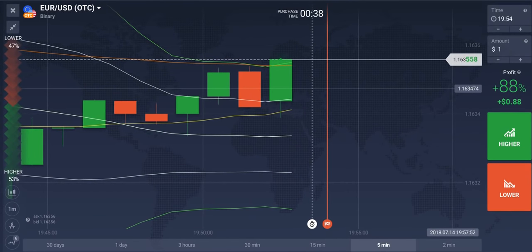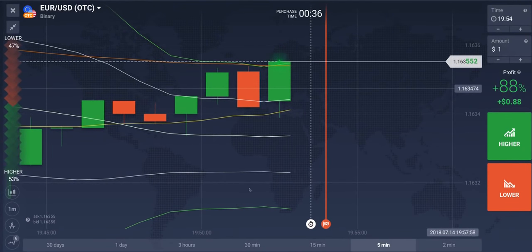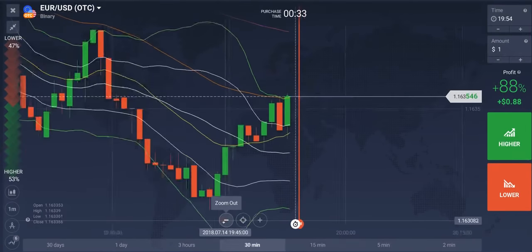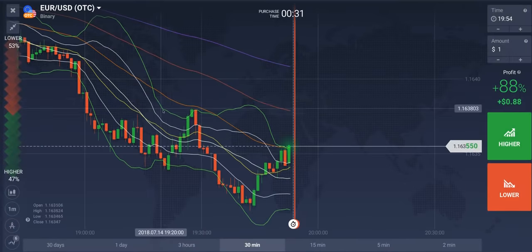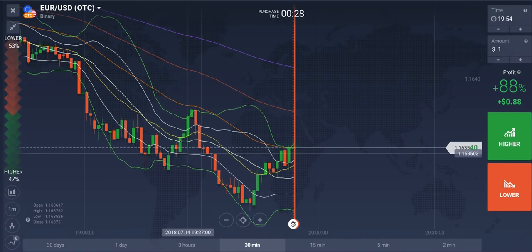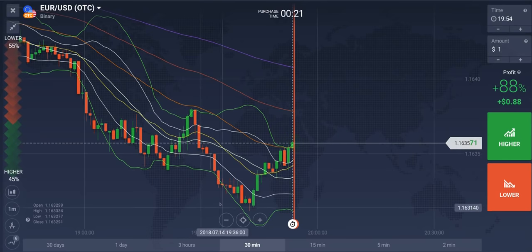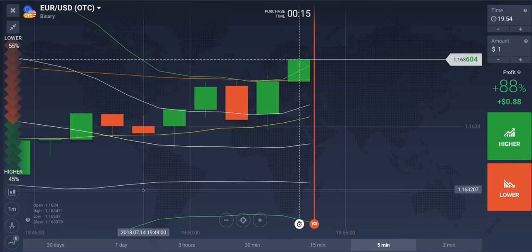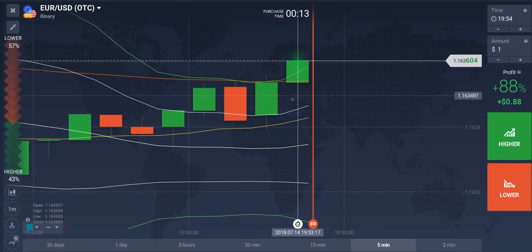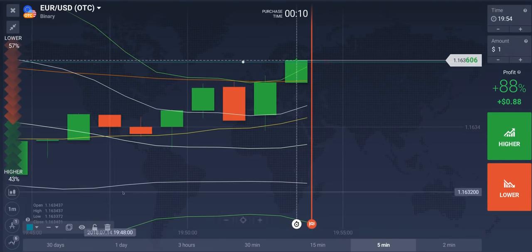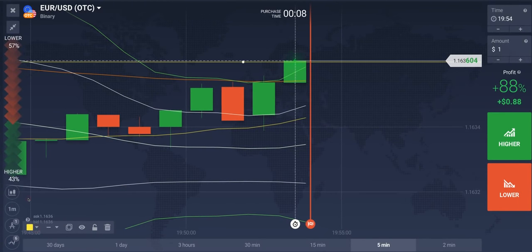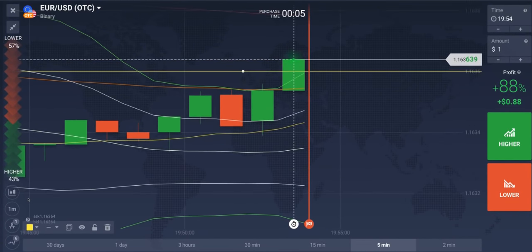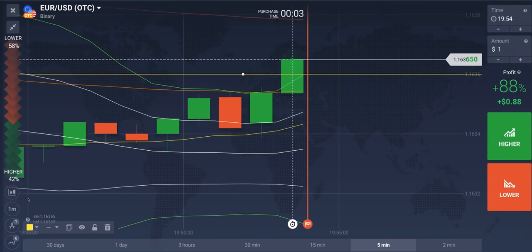So let's look at the OTC market today. And EMAs, BB, Bollinger Bands, everything is in place. So we're going to do some live trading on SNR based on current price action. So currently you can see the market direction is currently upwards. So we are not going to go against the market direction. We're just going to wait for good trades that we can use SNR and Bollinger Bands, EMAs to actually support